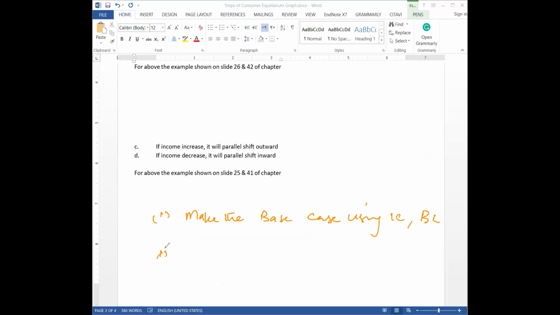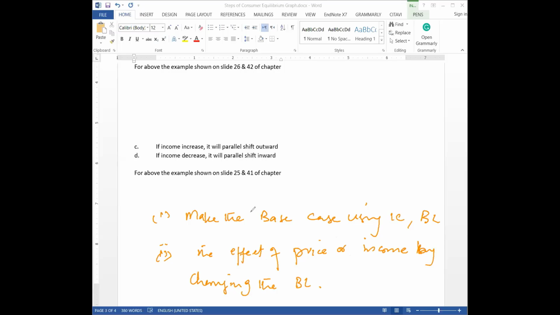Then in the second step, we discussed the effect of price or income by changing the budget line. Now the third step we need to discuss is